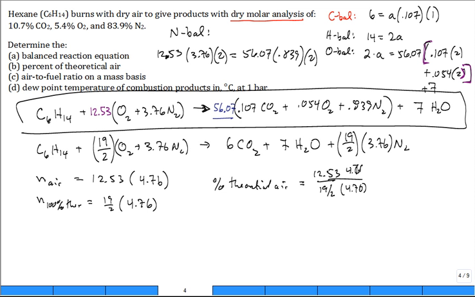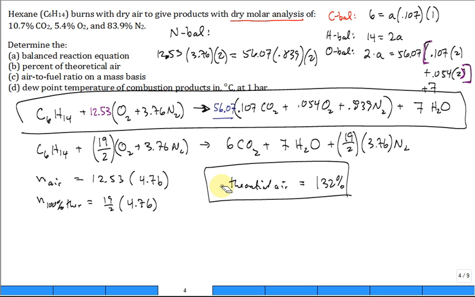4.76. But they cancel, right? Because they're in both here. And so when I do that ratio, we calculate that it's 132% theoretical error. Or just leave it like this. Theoretical error is 132%. Where did you get the